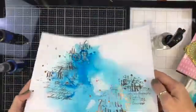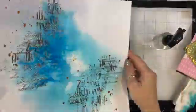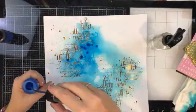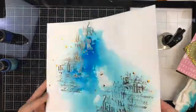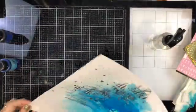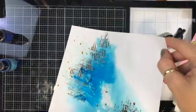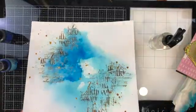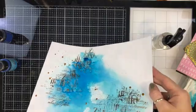This one is either of the other ones. It's either Delphinium Turquoise or Blue Hawaiian Blue. And you can see, so I've sprayed my page, and then I've added a few splatters. I think this is Blue Hawaiian Blue. And just using my paintbrush,